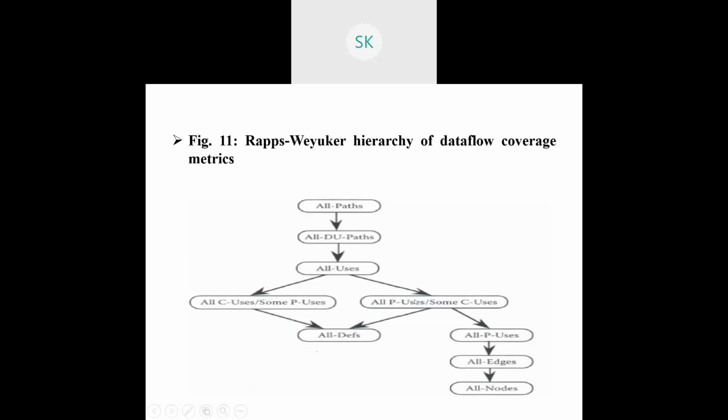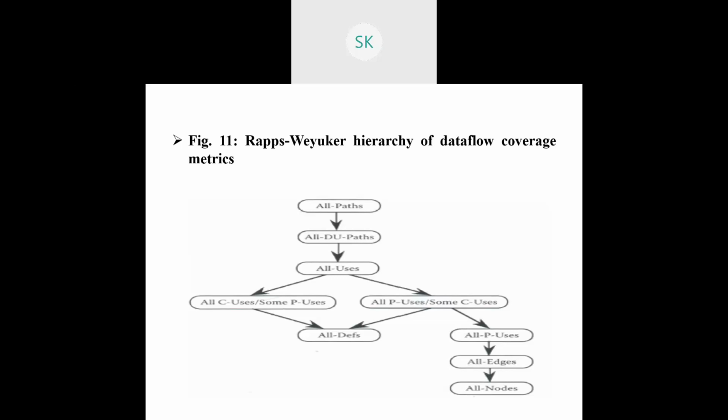And with respect to the P uses, if you are taking it, all edges should be traversed, all nodes should be traversed. It is one and the same as what we discussed with respect to path testing. All the nodes, all the statements are nothing but all the nodes. Understood? All edges, that is all the links, should be traversed, and all the predicates or loops that you are having, all should be traversed. And at last, the entire set of nodes should be addressed. Statement coverage, branch coverage, loop coverage. All these things should be there. That's what we identified with respect to path testing.